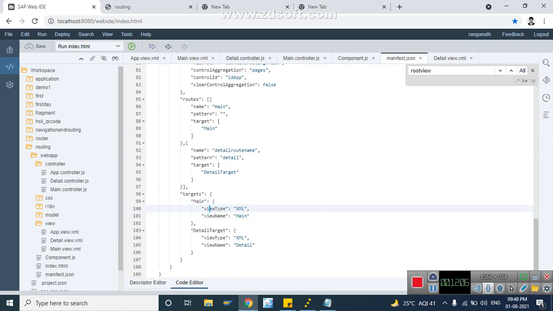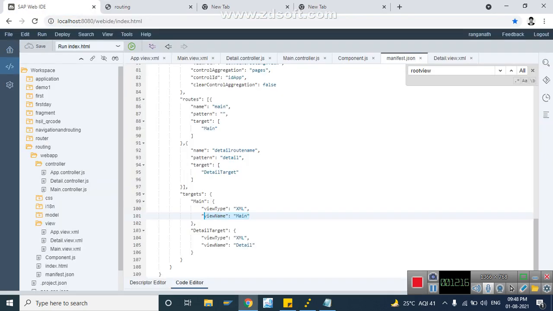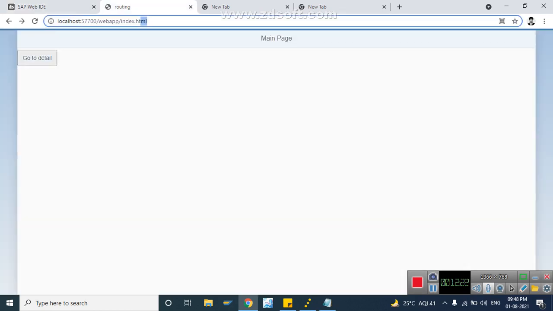Inside the main target we have given the main view, so the main view will get loaded. Then I'll click here, and you observe the URL will change to the detail routing pattern. The detail routing pattern is detail.